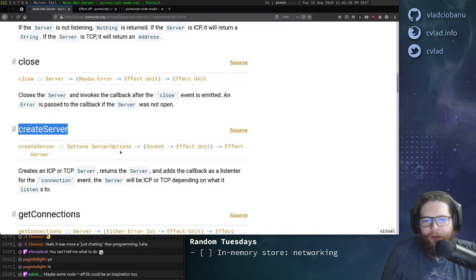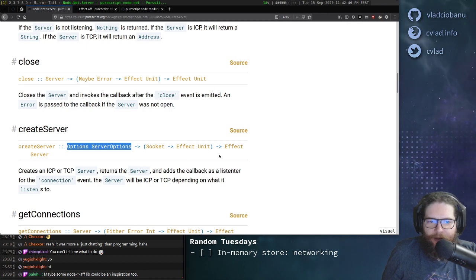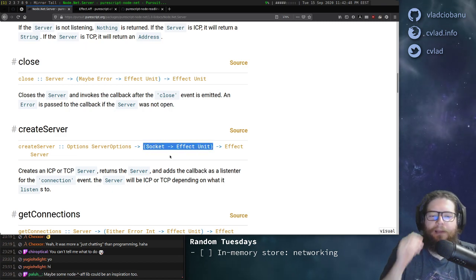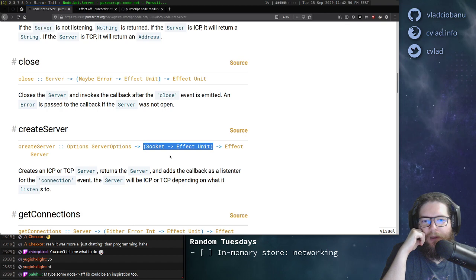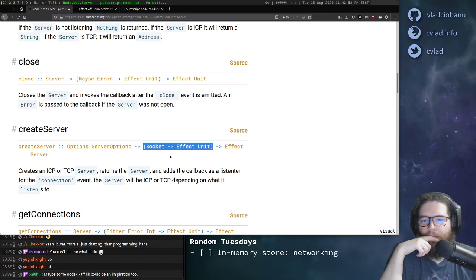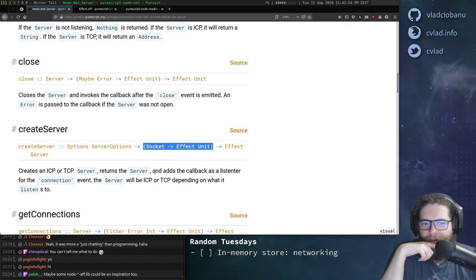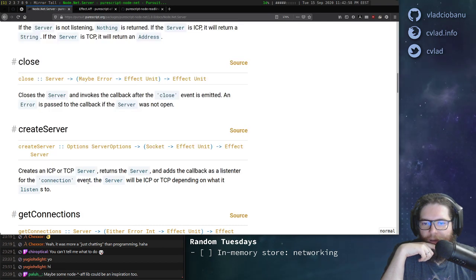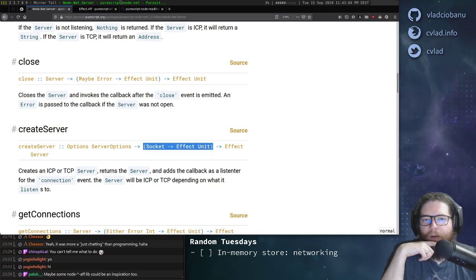Well, let's not worry about the options. Let's just hardcode the options, and then let's just do. So we kind of need to set this handler up, right? This is the callback as a listener for the connection event. Okay, so let's see, how would this look like? Well, maybe